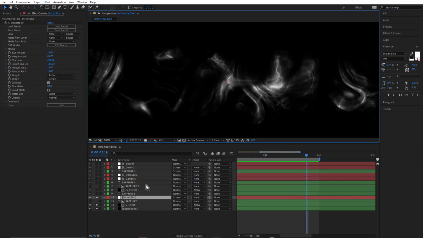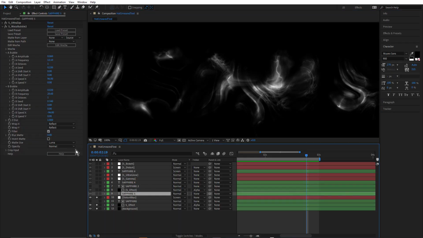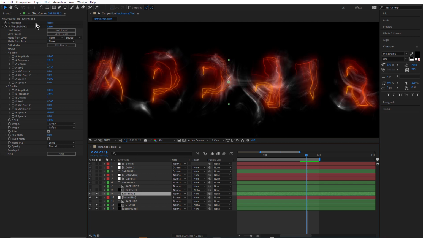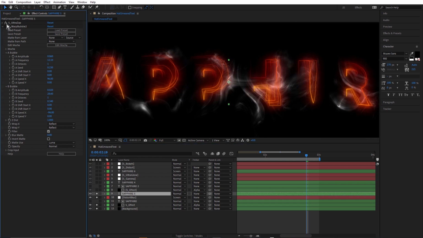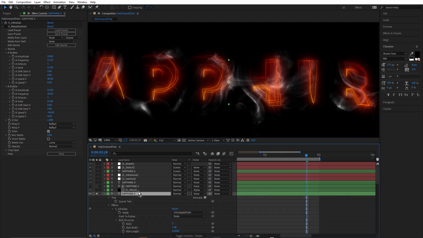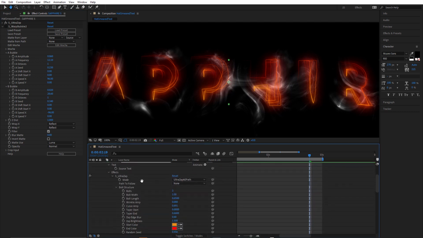Now above that is another Sapphire text layer. And this one has Ultra Zap and Warp Bubble. I'm going to turn off the Warp Bubble first. Now for Ultra Zap, I just come down and press U twice just to reveal the changed parameters. For bolt structure, I have 3 bolts. You can see each of the letters has 3 bolts, and it's wrapping around the letters because in After Effects I have the Ultra Zap AE Path mode selected. And this is one of the great benefits of using Ultra Zap inside of After Effects. And that's followed by Warp Bubble just to add a little bit of turbulence to those strokes.